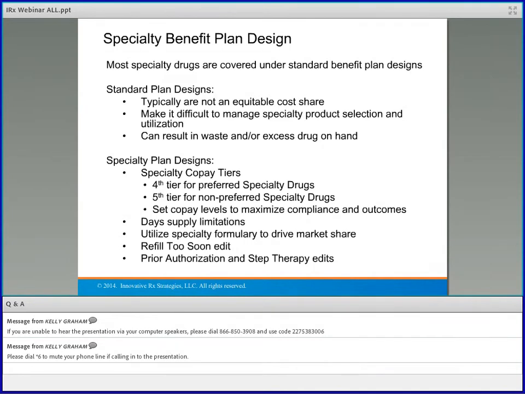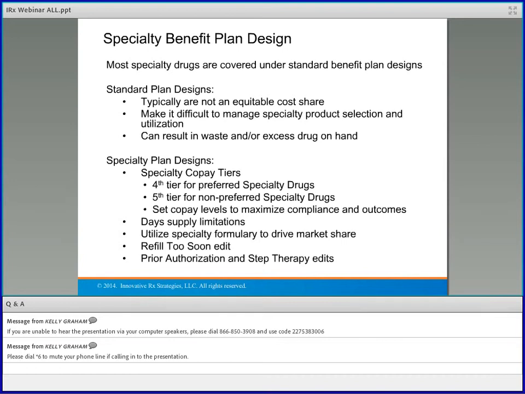And then also step therapies, right? Part of the step therapy programs is that there are less expensive agents that could be used first before they jump right to that really expensive specialty drug. Because in a lot of cases there are, and that can all help manage costs when you're looking at it from a cost perspective.